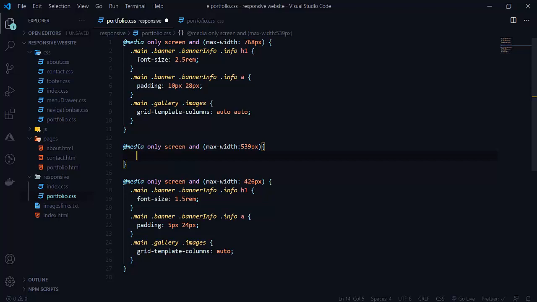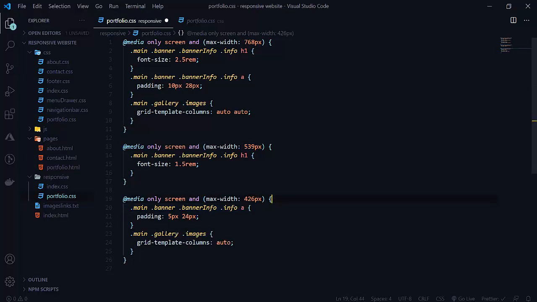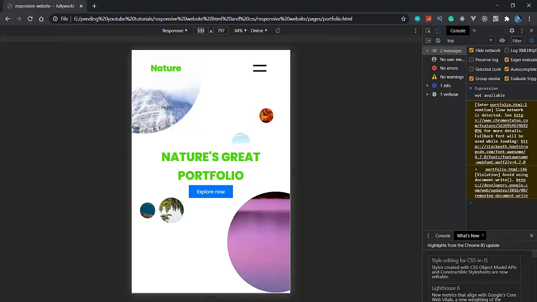Now if I'm doing 1.5 rem in 539 pixel, for 426 pixel I don't need this. So let's do this 539, because it will work for 539 minus 1 or 2, so it will have little effect.